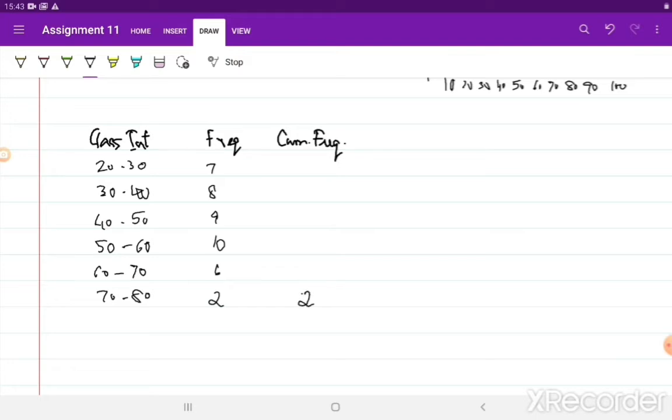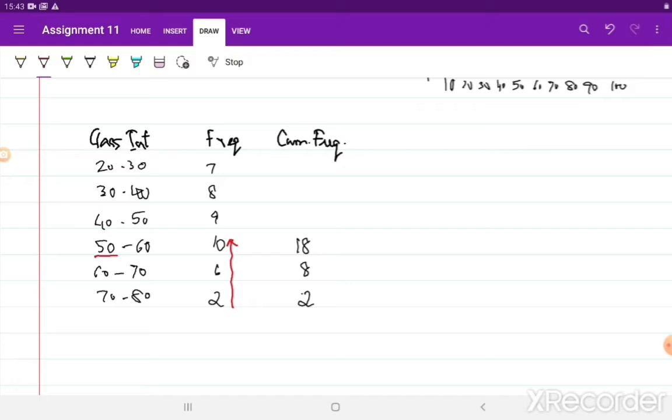The number of observations greater than 60 is 2 plus 6, which is 8. The number of observations greater than 50 is 8 plus 10, which is 18. So what I'm doing is, when I want to find the number of observations greater than a certain lower limit, I will add up all the frequencies starting from below. And so I'm calculating the cumulative frequency from the bottom of the table, or from the highest class interval to